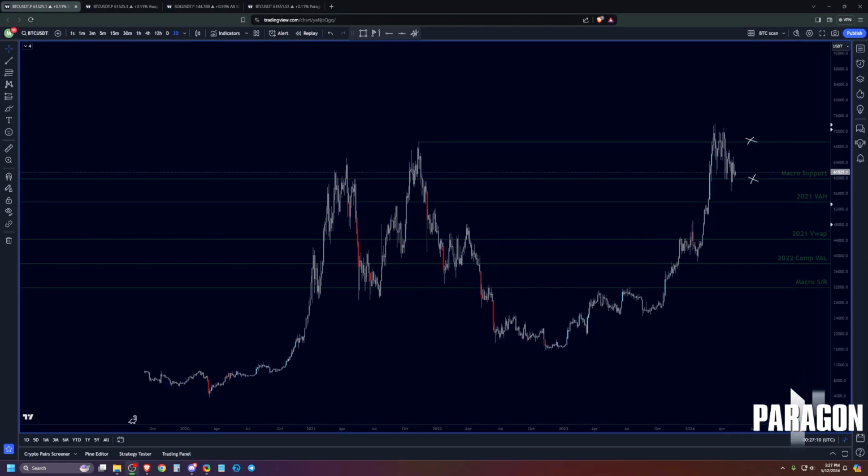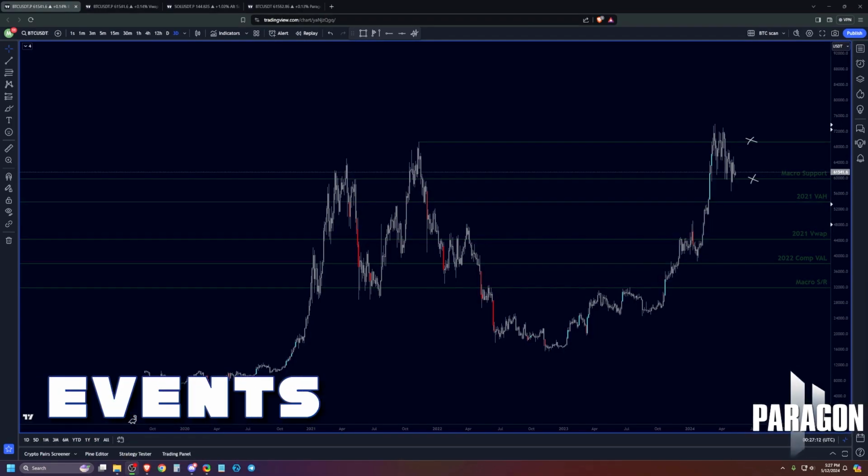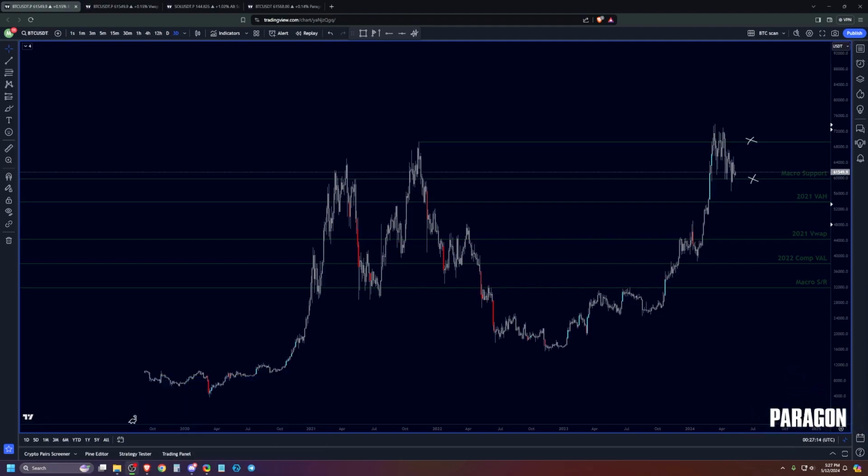Okay, so let's start off with the events. On Wednesday we have the CPI. I'm more or less expecting the price action this week to play out similarly to every other FOMC or CPI that we have. That's going to be sluggish, bloody price action on Monday, Tuesday, and then the unwind and potentially lead into a squeeze on Wednesday. So just definitely be aware of that.